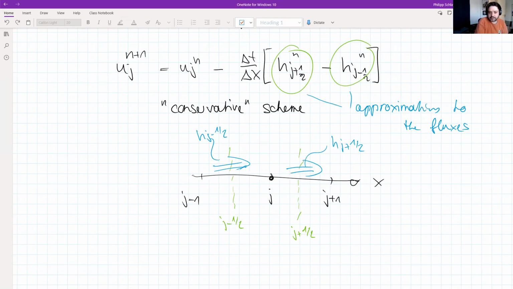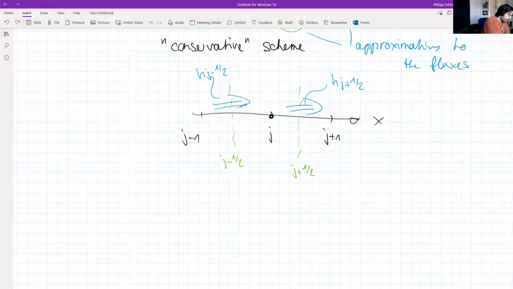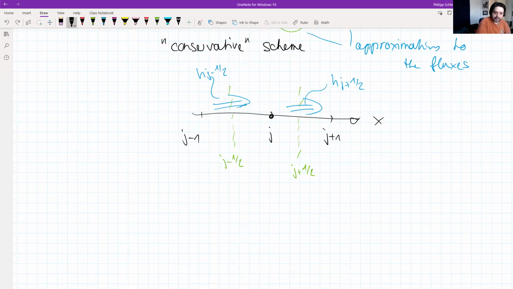And for that, there is an easy way and a slightly more complicated way. I will start with the easy way, where I just tell you how we can calculate this h. And then in the second part, I will show you a more formal way of how we can design a scheme that does it automatically. So the easy way